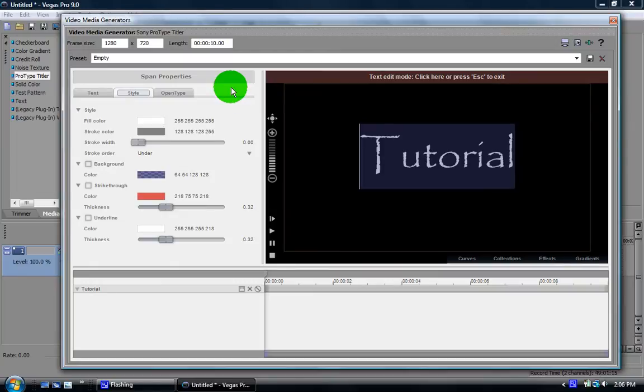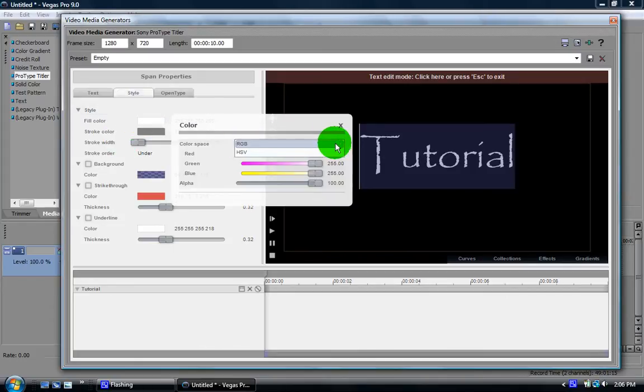And this is going to change the colors of the text and the outline of the text if you want to use that. So my fill color, just click on the color and then click color space and go to HSV. Bump up your saturation so you can actually see the colors, and then this is how you scroll through different types of colors. So I'm going to put a sky blue for my main text color. So I'm just going to go to the blue right there, and then I'm going to make the saturation about 80.95. I don't want it to be too saturated to take focus away from the rest of the effects that we're doing as well. So 80.95,